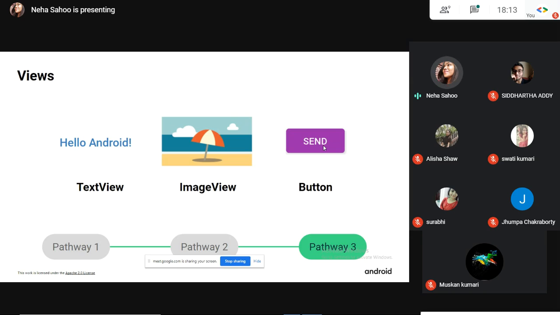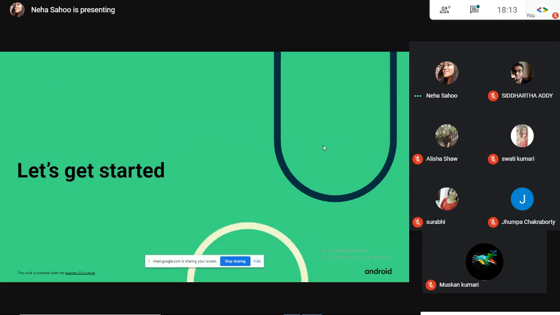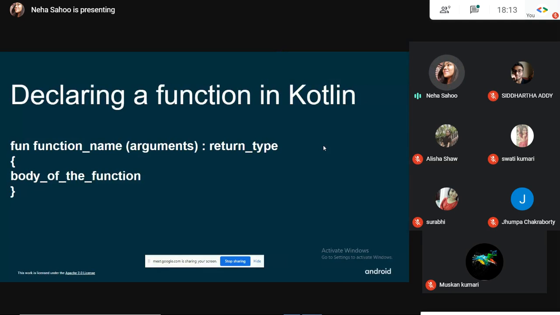So just to give you what all we will be working with. After that, let's get started with the Kotlin basics. I hope that at the end of the session, you would start loving Kotlin a little more, because it is a little different to what we have already learned. It's different from Java, and a little different from C++ or C that we have already learned. So let's start with it.